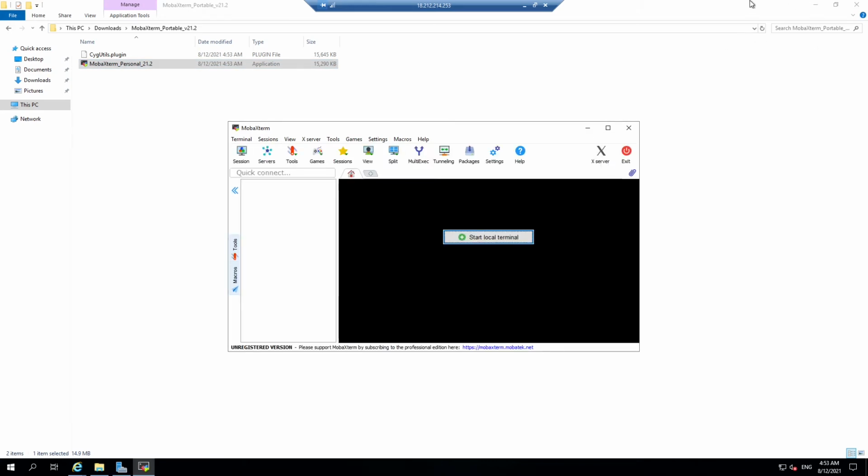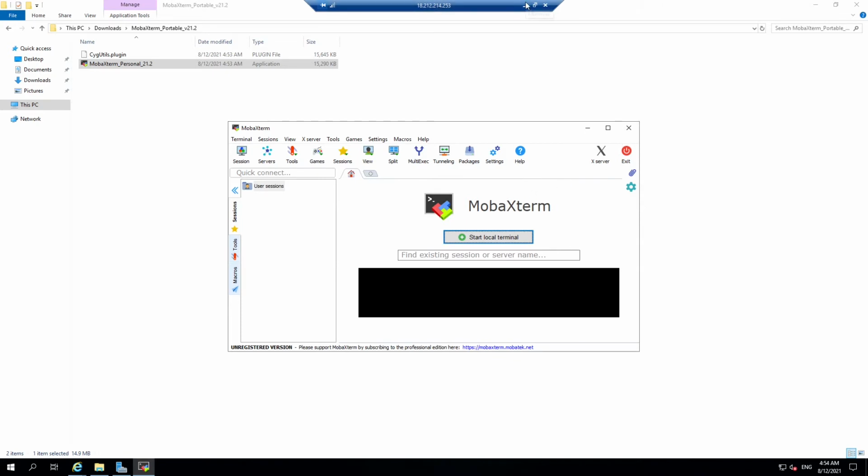So now we need the Linux instance key to connect to it.